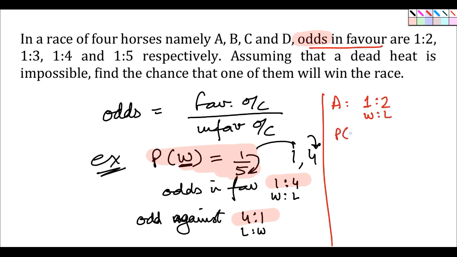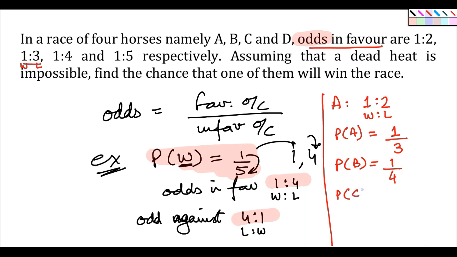So now I ask, what is the probability of A winning it? Odds are 1:2, so meaning there will be 3 games in all, of which everybody is expecting that he will be winning 1. So when odds in favor of A are given as 1:2, probability of A winning is 1 upon 3. Now can we have similarly probability of B winning from this question? Odds are 1:3. So it will be 1 out of 4 games. 1 win and 3 losses. So 1 out of these 4 will be win probability.